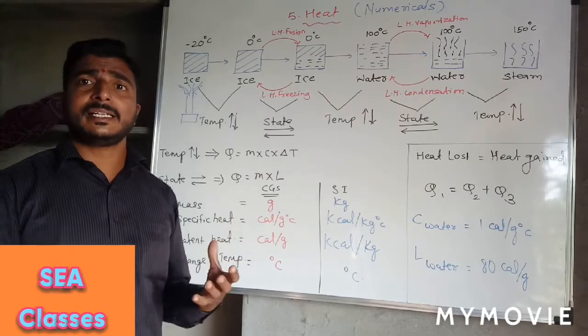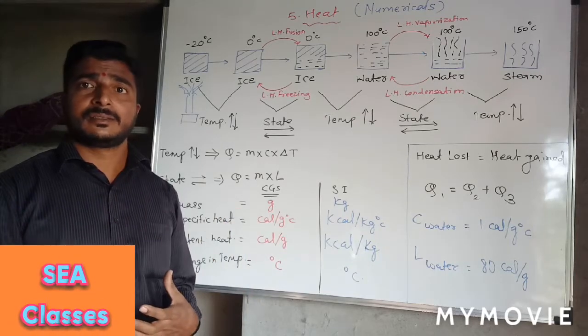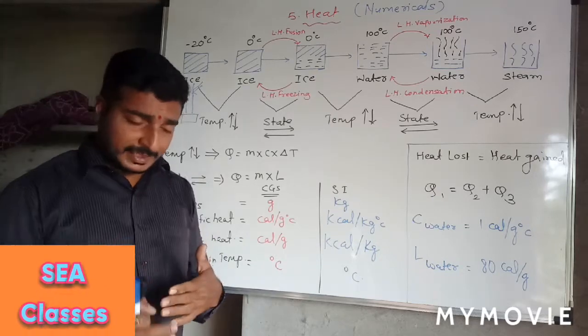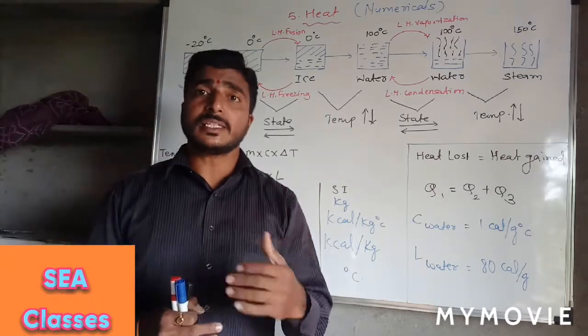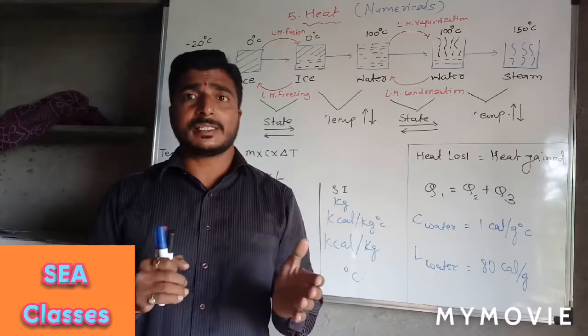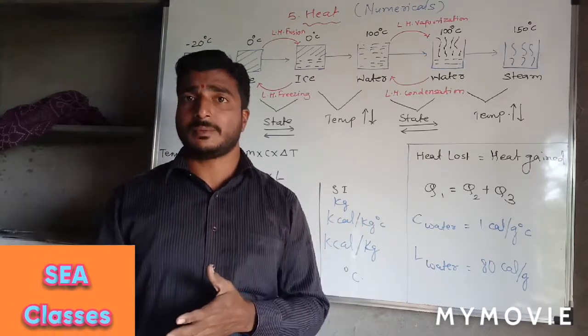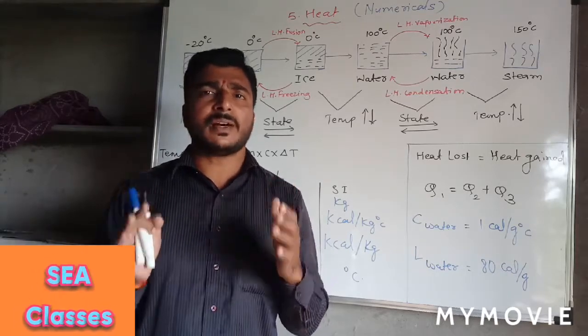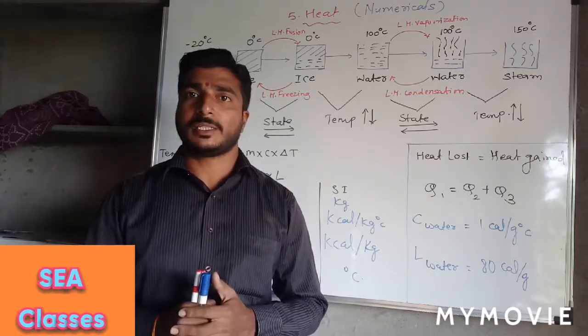So you know that heat energy is gained from one object to another object, and at the same time one object loses the heat energy and the other object gains the heat energy. So the heat energy gets transferred from one object to another, and when heat energy is given to some object, we will find there is a change in the temperature of that object.